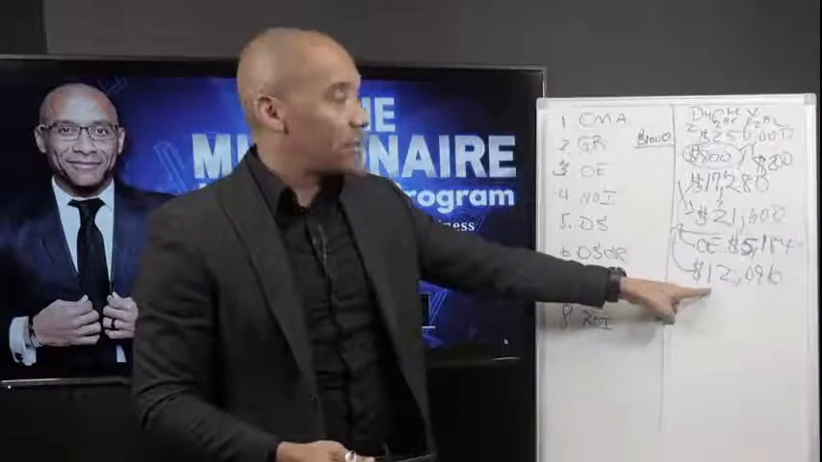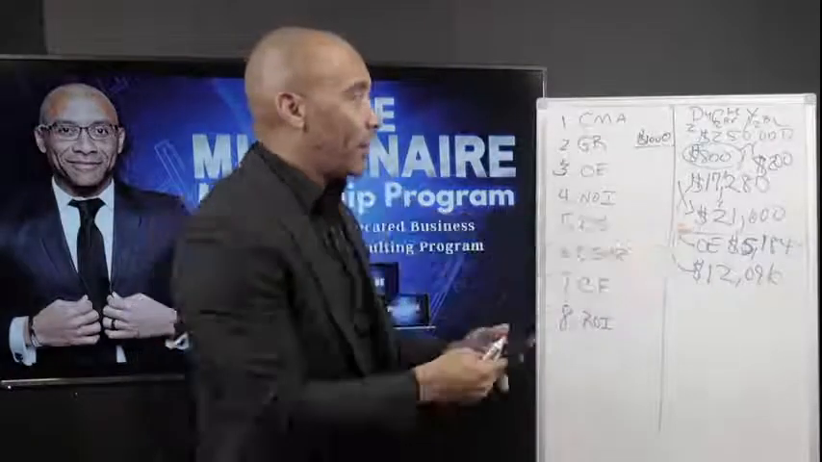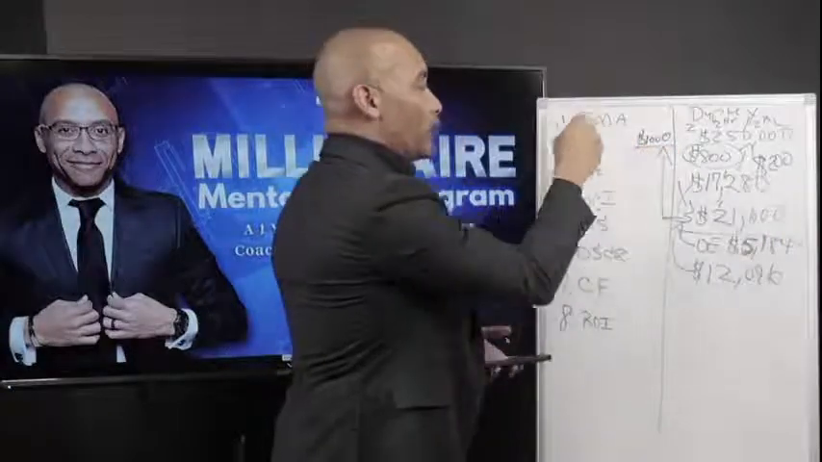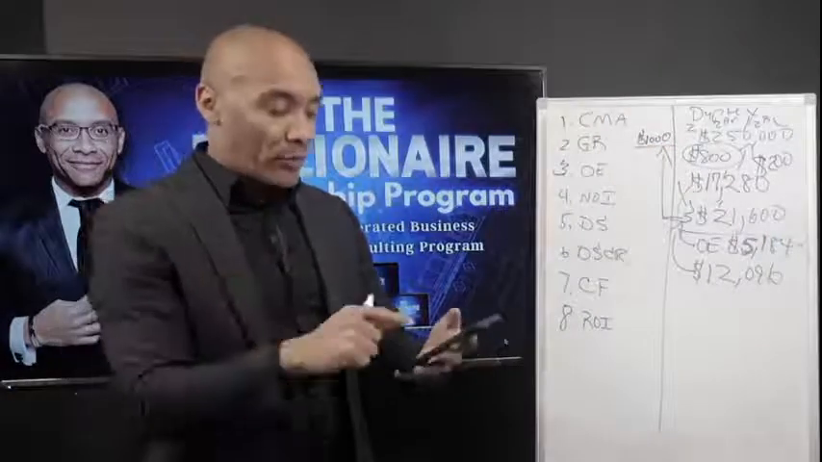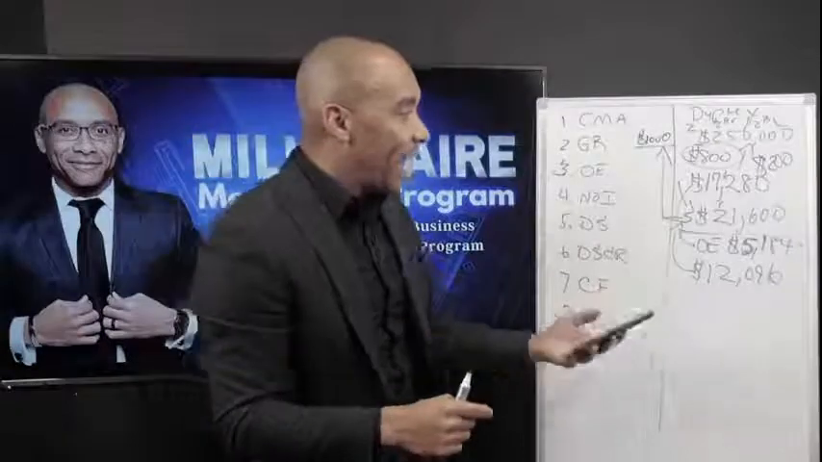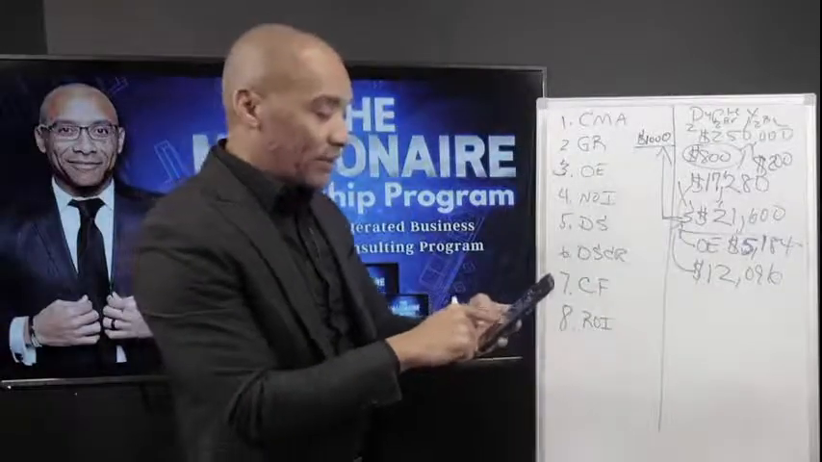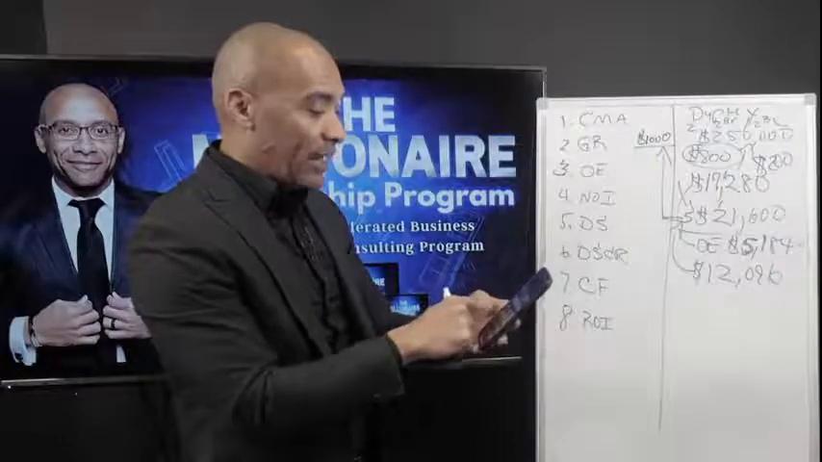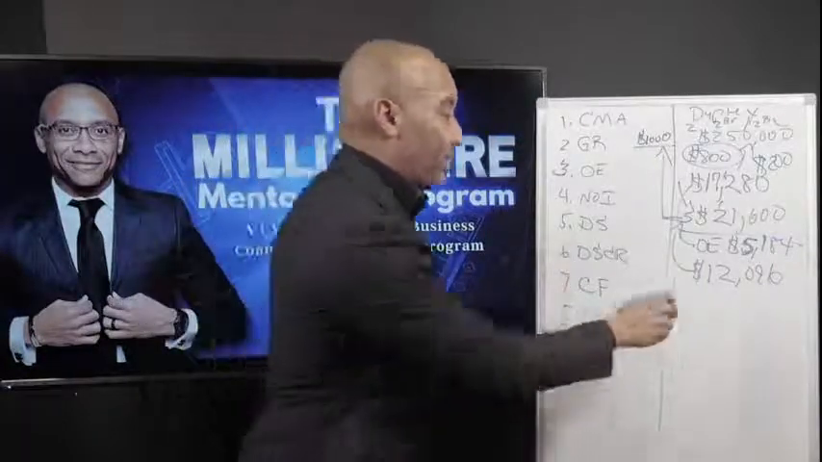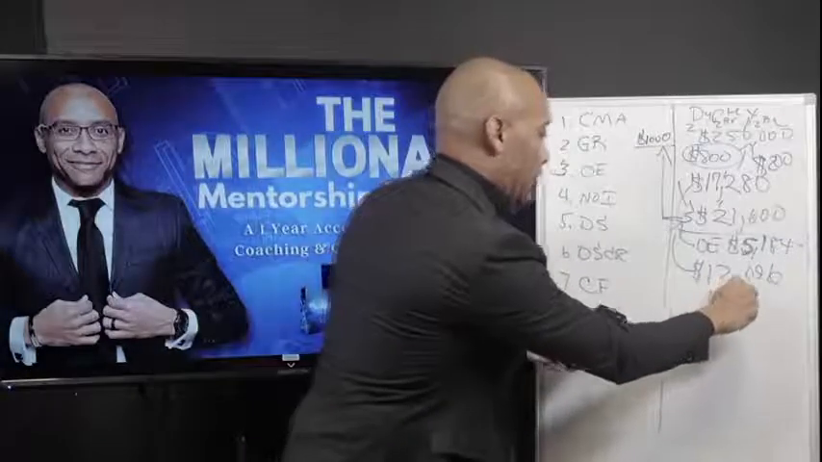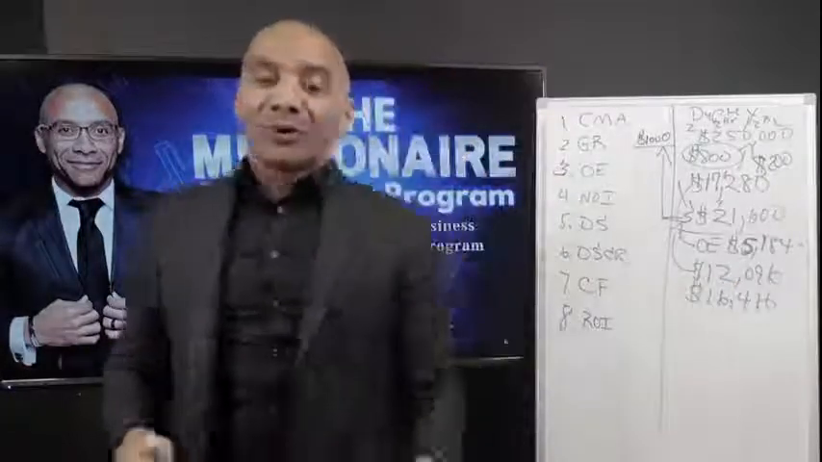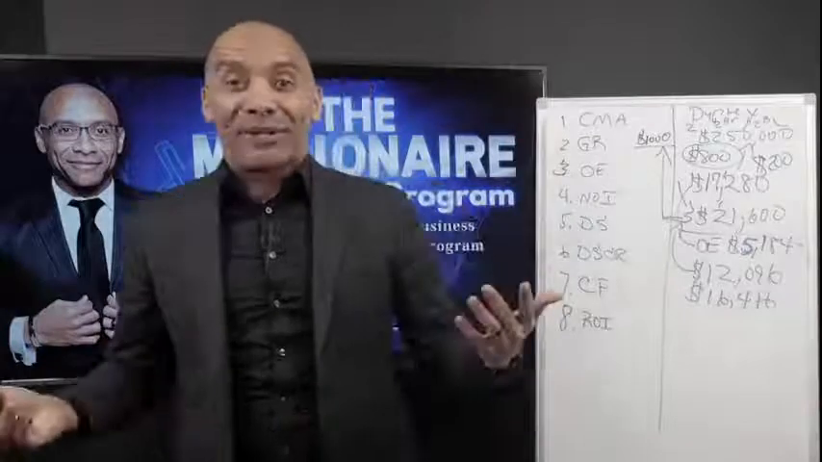Now, in my scenario, based on my 1,000 right here, that I'm doing my own analysis or underwriting on, I could be at 21,600 minus 5,184, and that will bring me a NOI of 16,416. If you're lost on what I'm doing and you think, man, you ain't making no sense,